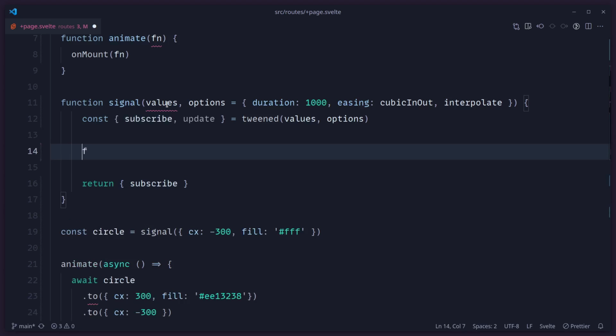So we can say function to. Again, you can also do this as a class, but then it depends how you want to implement this. You can create it using a function and then expose that to the user so they don't even know they're using a class, right? That's how you can sneak in those classes, right?